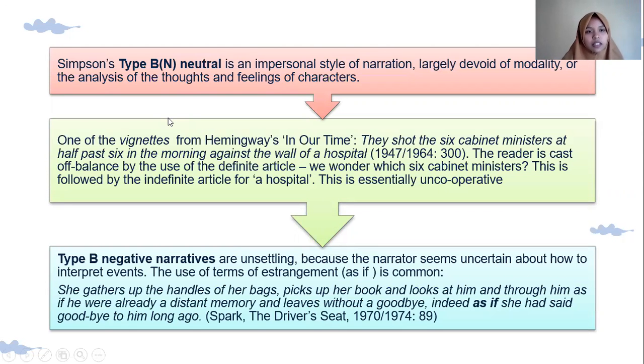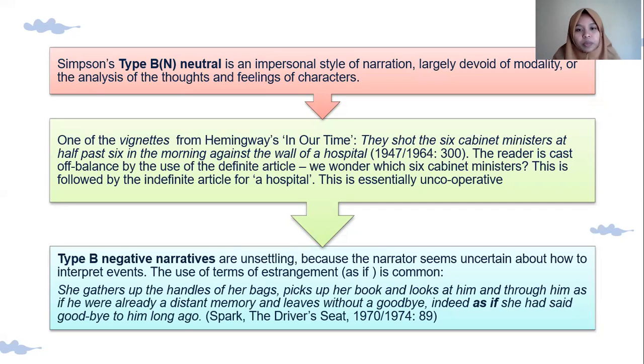And the next is Simpson's type B neutral. It is an impersonal style of narration, largely devoid of modality or analysis of the thoughts and feelings of characters. The example is from Hemingway's In Our Time. The words are: they shot the six cabinet ministers at 6:30 in the morning against the wall of a hospital. The reader is thrown off balance by the use of the definite article. We wonder which six cabinet ministers. This is followed by the indefinite article for a hospital. This is essentially uncooperative